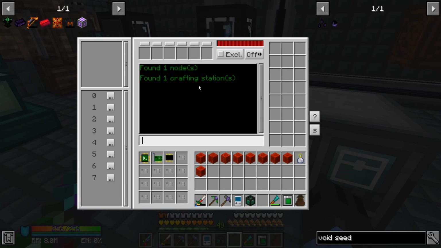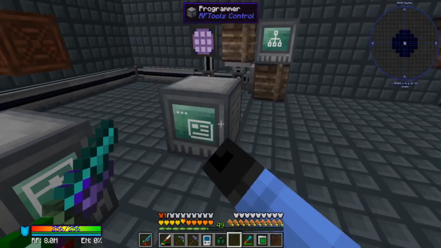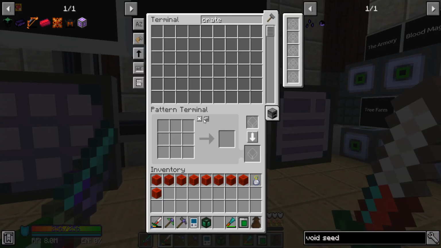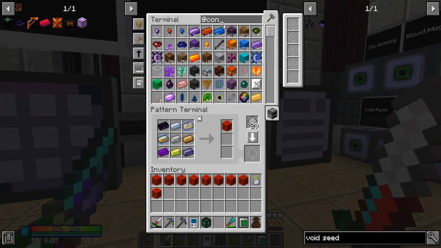Yes, perfect. And it's in range of the crafting station, so I don't need to worry about that. I have assigned the variables. Remember, you have to assign 0 to 23 and 0, 1, and 2. Then all we have to do is, do I have a card? No, no card. But while we're out here anyways, let's go at control,